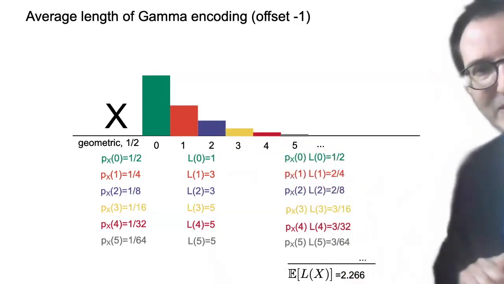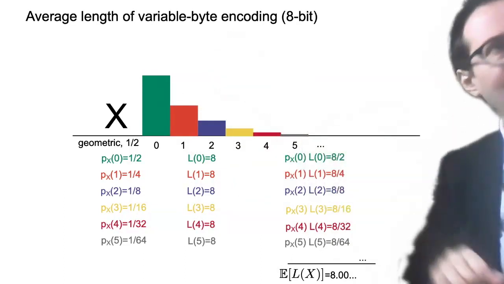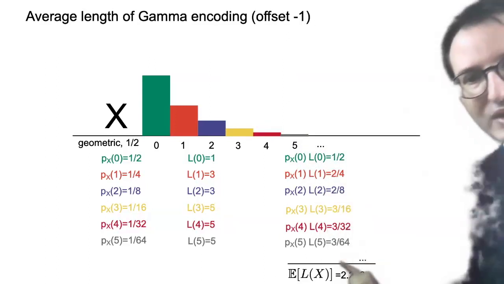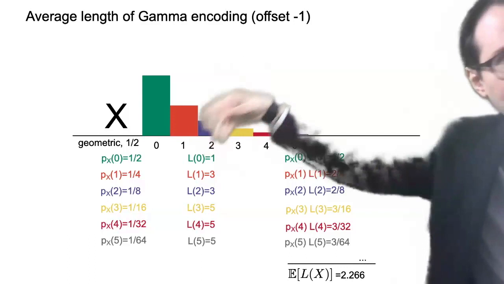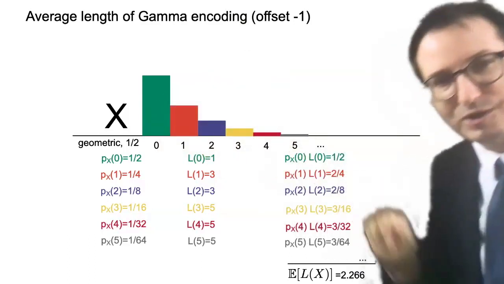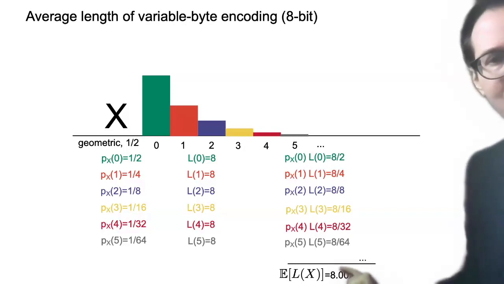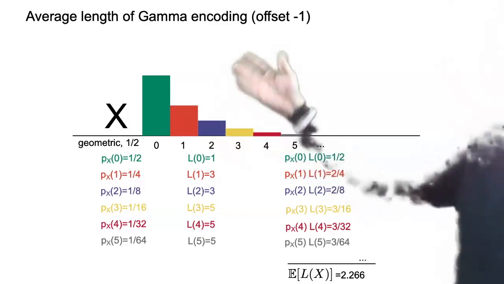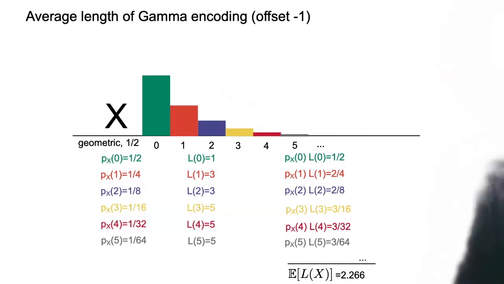What that tells me is that the gamma encoding for that distribution is doing a better job than the variable byte encoding, because the variable byte encoding costs me 8 bits on average. The gamma encoding costs me 2.266 bits on average. For that distribution, if I change the distribution and I get something else, but for that distribution right here, then it is the case that the gamma encoding is doing better than the variable length encoding. If I change the distribution, of course, I might get something different. It might be that for some distribution, some encodings are better, and so on. In fact,